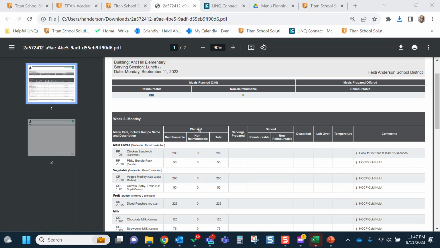Next to that, in our planned column, the first one is reimbursable. This is going to tell you how many reimbursable meals were originally planned for this day of service. Next to that is the servings prepared column. This is where you are going to put what you actually did on this day of service. So if you